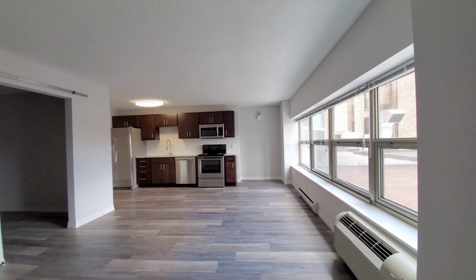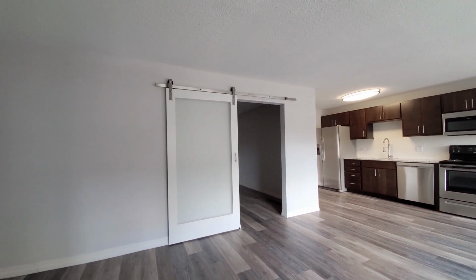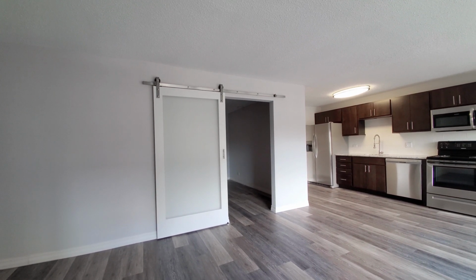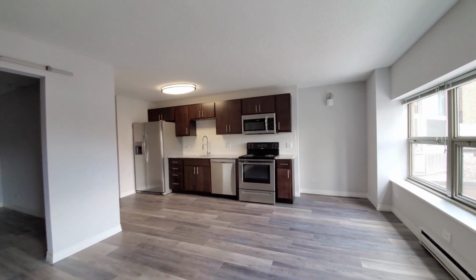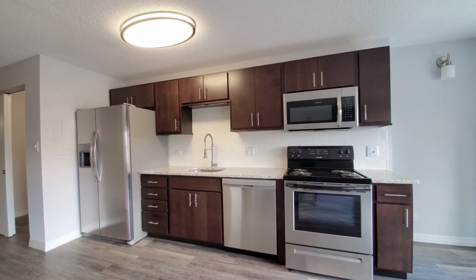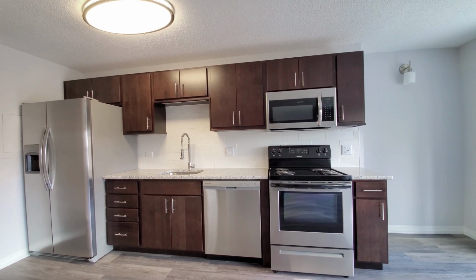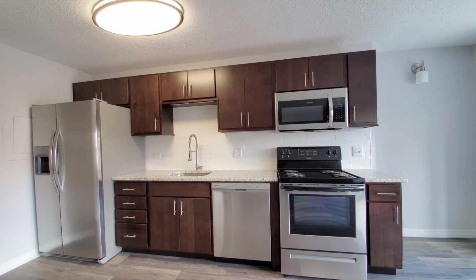We've got plank flooring that extends throughout the space, a wide wall of windows off to my right. Off to my left, you see a sliding barn door entering into the sleeping area. Updated kitchen has a side-by-side refrigerator freezer, built-in microwave, dishwasher, 4-burner electric range. There's a tile backsplash, designer faucet,